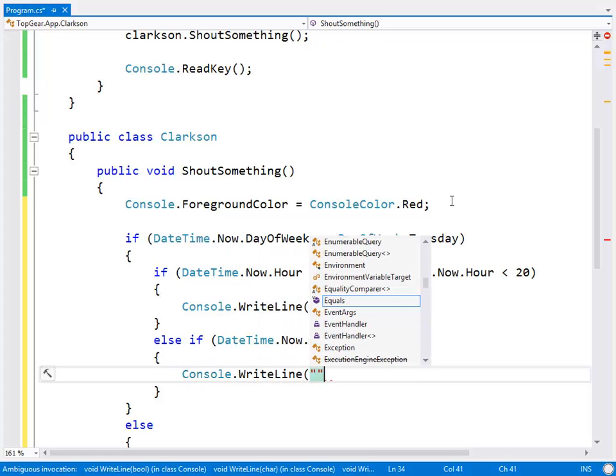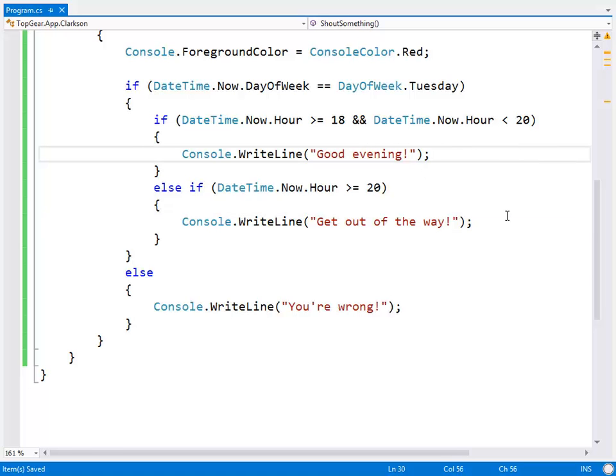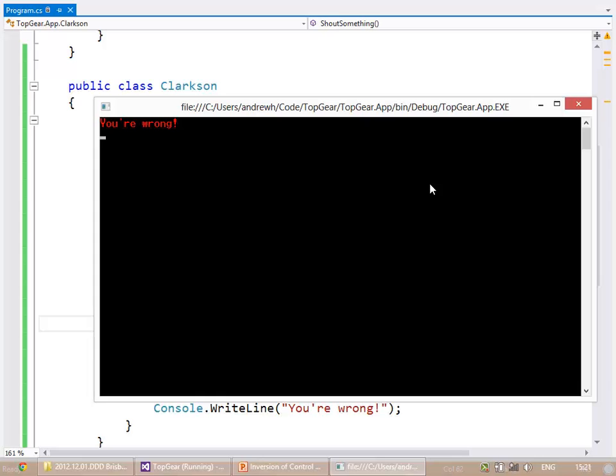He's going to shout, get out of the way. Does that sound about reasonable? Okay, so it's either going to be you're wrong, it'll be good evening, or it'll be get out of the way. So no prizes for guessing what he's going to say right now. Unless it's some other time on Tuesday, which is fine.